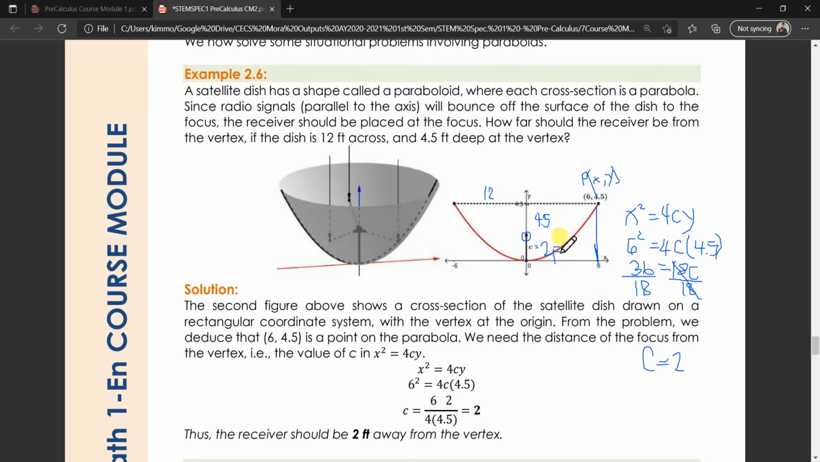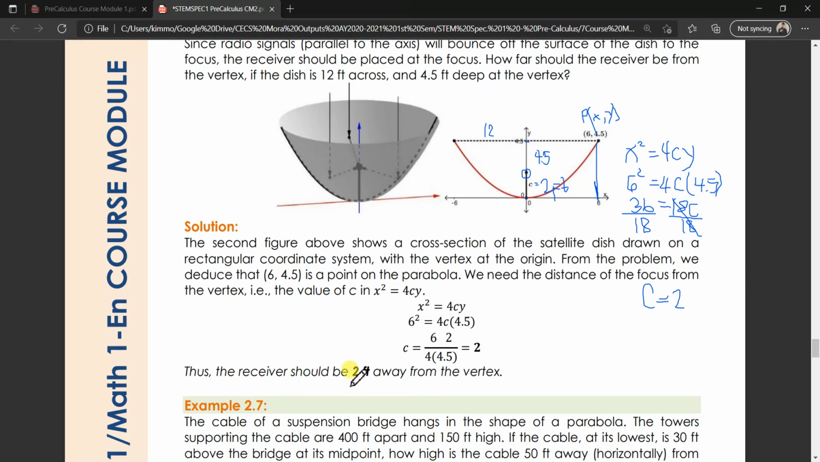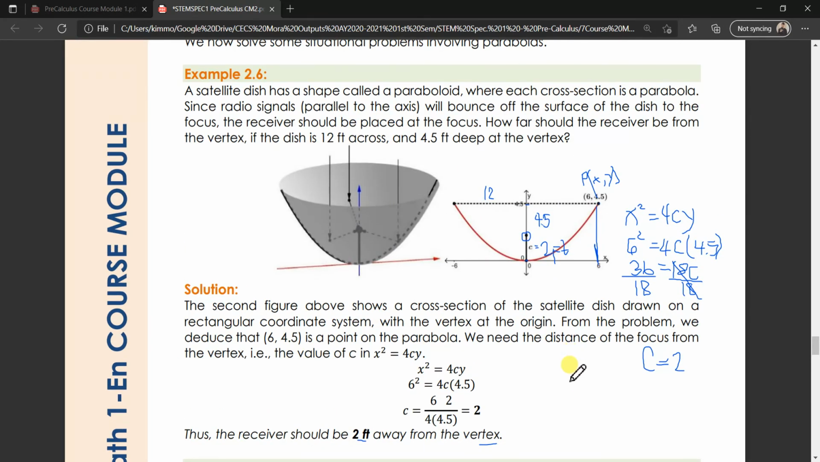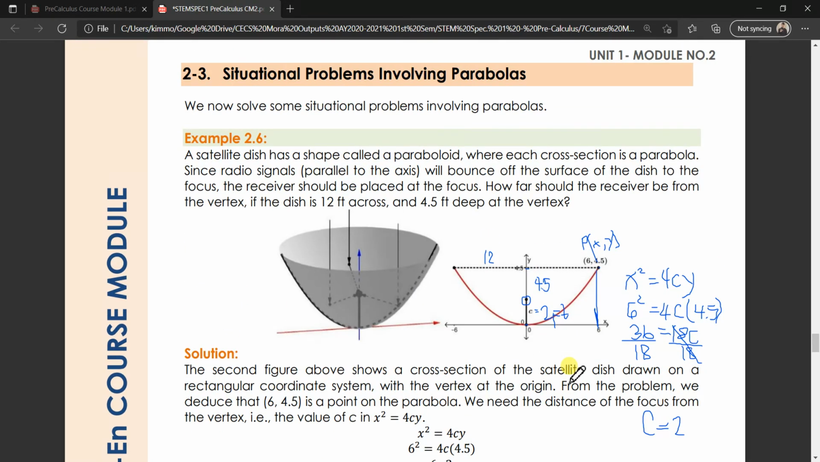So that will be our final answer. So the receiver should be 2 feet away from our vertex. So, nga na lang. So in solving problems like this, usually ang ginahatag na problem is kaning mga in